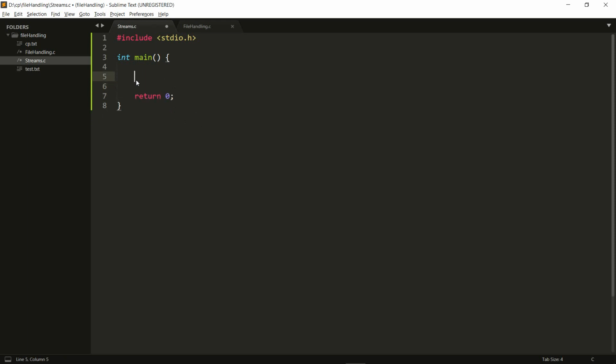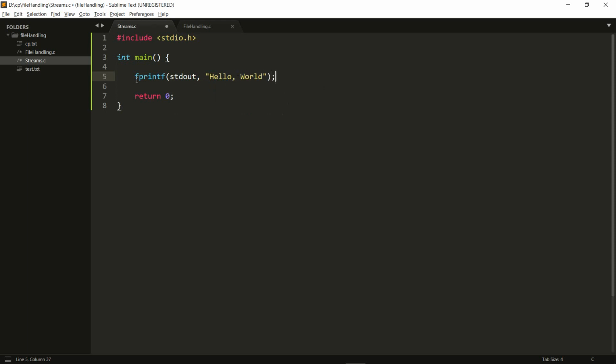So all we have to do is say fprintf, and here, if you remember correctly, I need to give my file pointer, fptr, but I don't have one here, so I just say stdout, and then I write hello world.